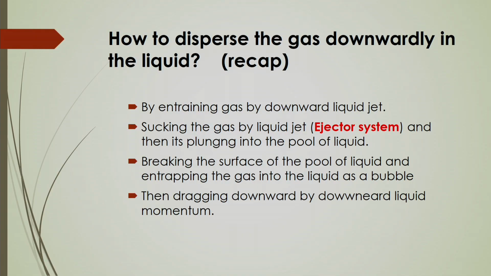In that case, they are characterized by the fact that the gas is dispersed in the continuous liquid phase in the form of a dispersed phase of bubbles against its buoyancy, which creates more interfacial area as well as residence time in the liquid medium, and during the formation of the bubbles, they flow downward due to the liquid movement. These things have already been described in detail in the previous lecture. So, we will discuss what the ejector system actually is, and how it is used for the downflow system.